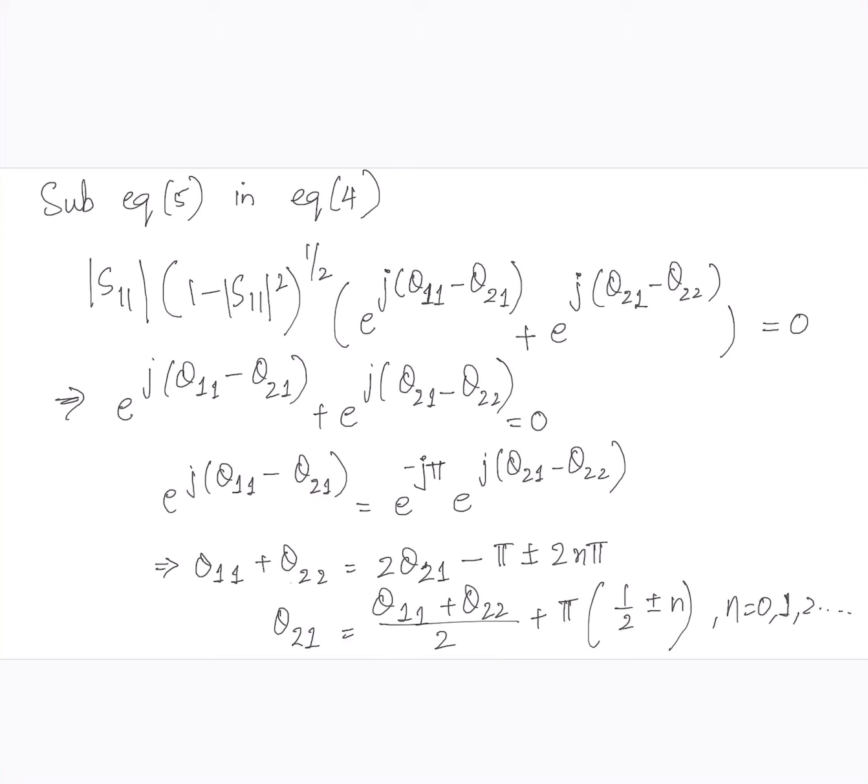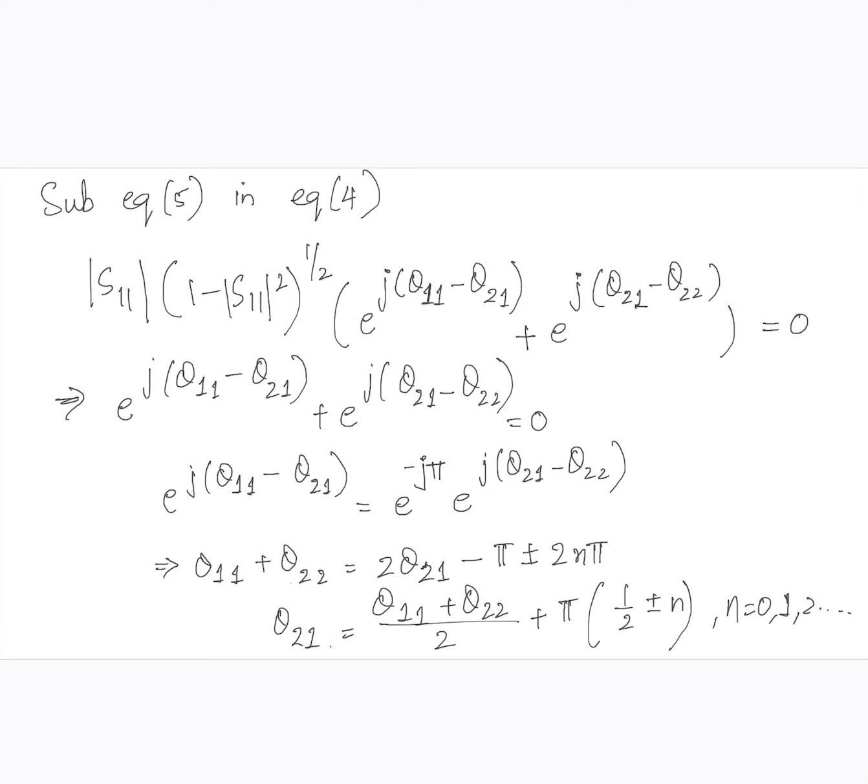So we can assume here the phase component is equal to 0. So we can write this equated to 0. So taking the terms, one of the terms if you take it to the other side, this will become minus. So in general way we can write this as e raised to minus j pi. So any of the term or the signal can generally change its phase for every 2 pi. So we can denote it as theta 11 plus theta 22 is equal to 2 times theta 21 minus pi plus or minus 2n pi, where